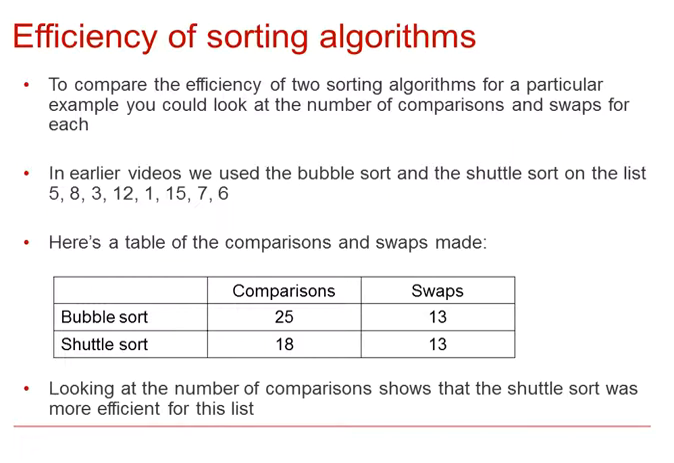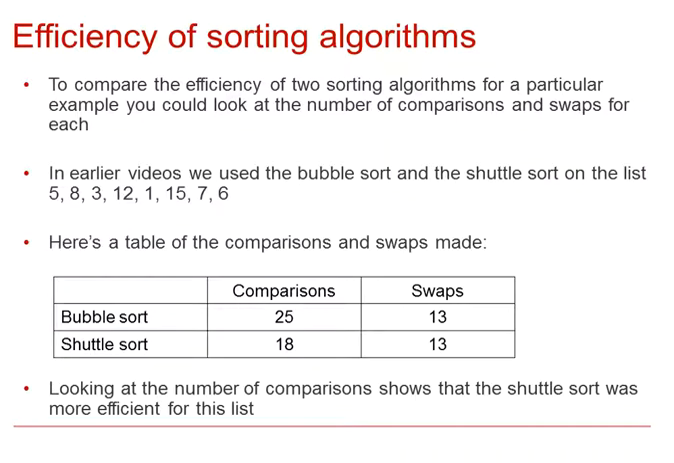and swaps for each. In earlier videos, in the Algorithms 1 series, we used the bubble sort and the shuttle sort on the list 5, 8, 3, 12, 1, 15, 7 and 6. Here's a table of the comparisons and swaps made. So for the bubble sort, 25 comparisons and 13 swaps, and the shuttle sort, 18 comparisons and 13 swaps. So if we look at the number of comparisons shown, this shows that the shuttle sort was more efficient for